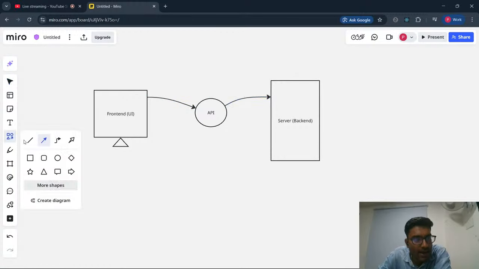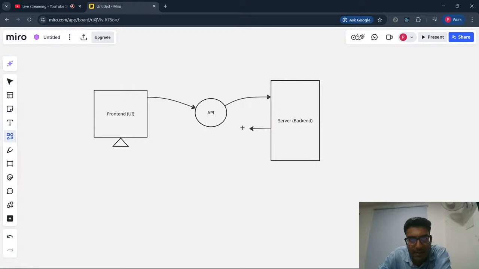From the backend we get something, and through APIs we send that to the front end. This is the very basic architecture that we follow in every application, whether it is a web app, a mobile app, or a desktop app.